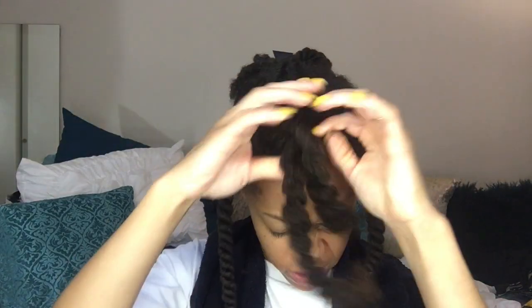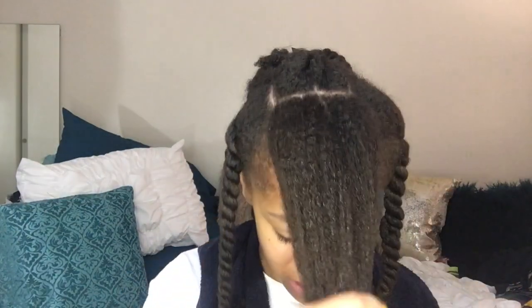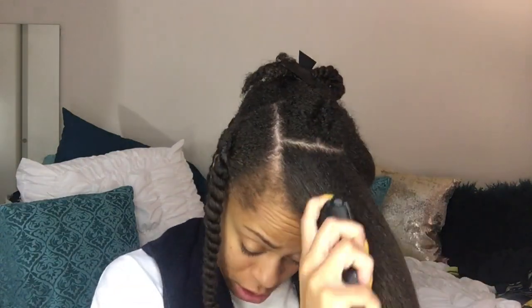Your ends are the oldest parts of your hair and you do not want them to dry out before the roots. Again, I'm starting my way through the front and going through the back because the front is going to dry first because it's at the top. The back is going to dry last because water flows down, not up, right? Even though I know this product is lightweight, I still want to make sure that I'm not using too much of it. Because the fact of the matter is, you guys, you can always add more product, but you cannot